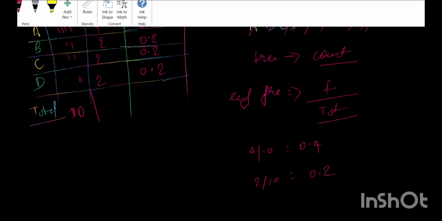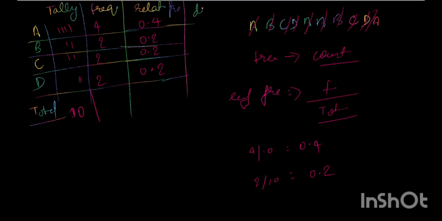Then third, we read about degree, how to calculate degree. So degree was nothing but relative frequency into 360 degrees. That means if relative frequency is 0.4, our degree will be,